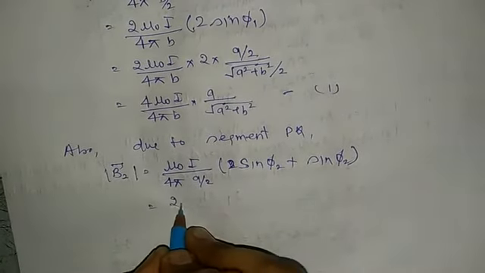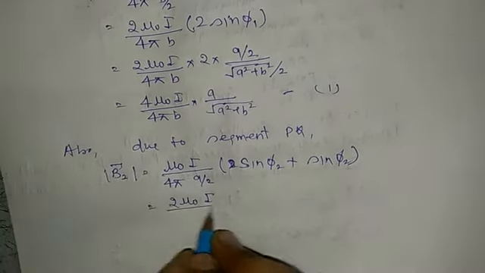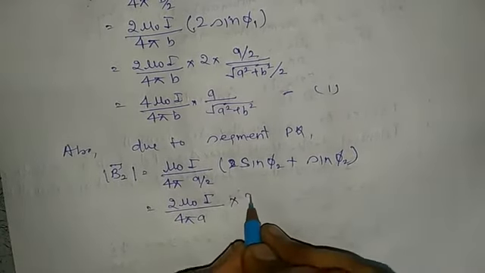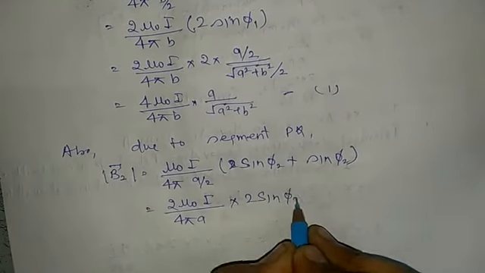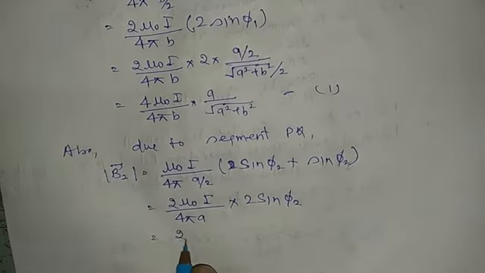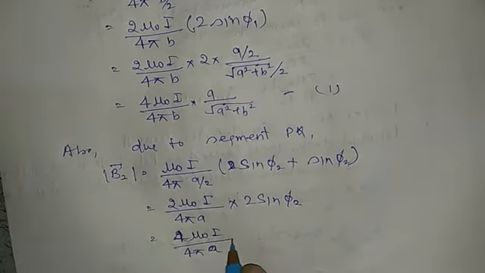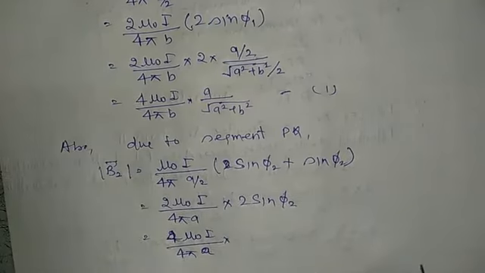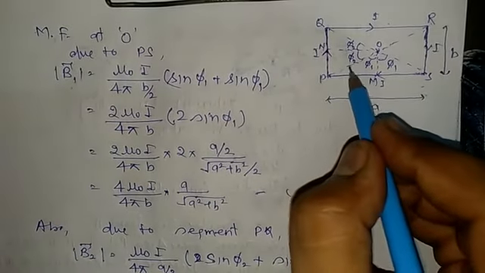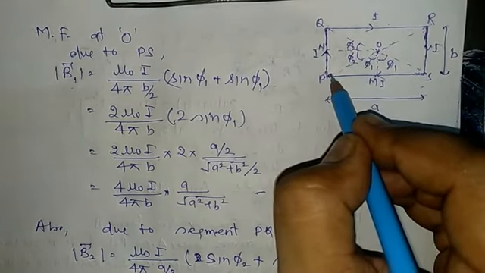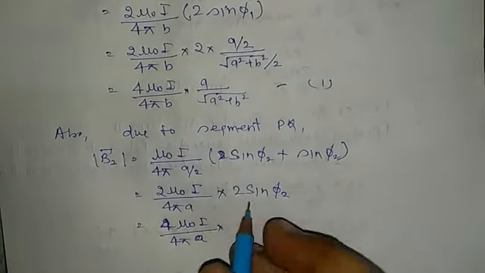This can further be written as 2 mu naught I upon 4 pi a into 2 sin phi 2, and we can further calculate sin phi 2. Sin phi 2 will be equal to perpendicular upon hypotenuse. So it will give